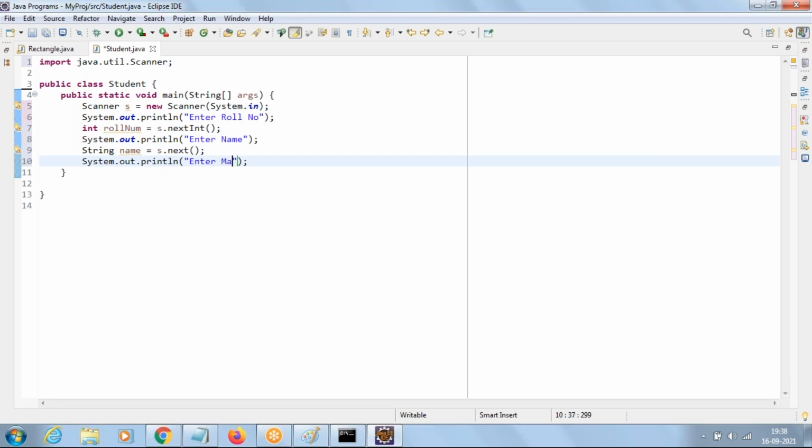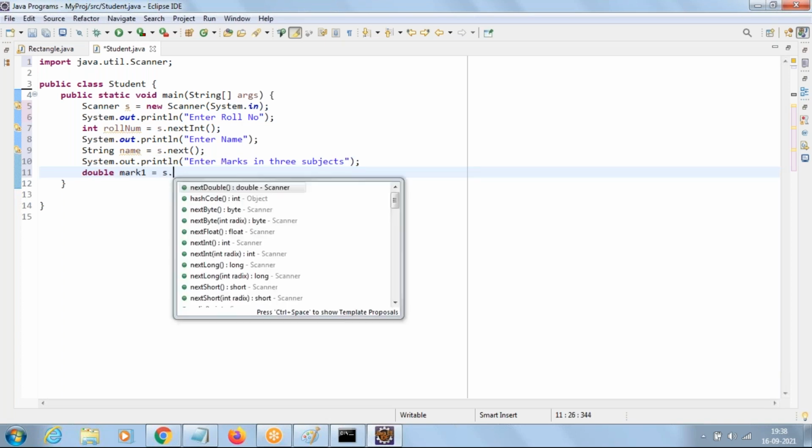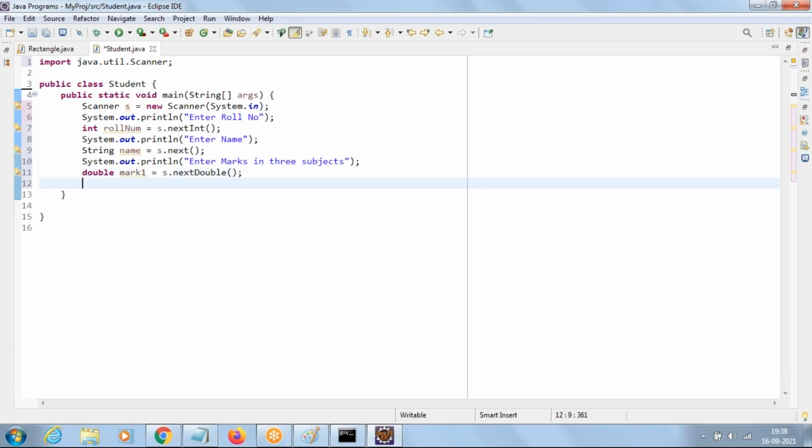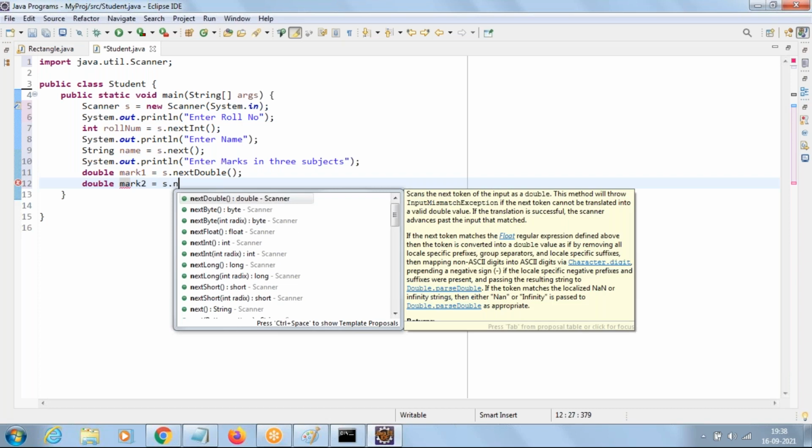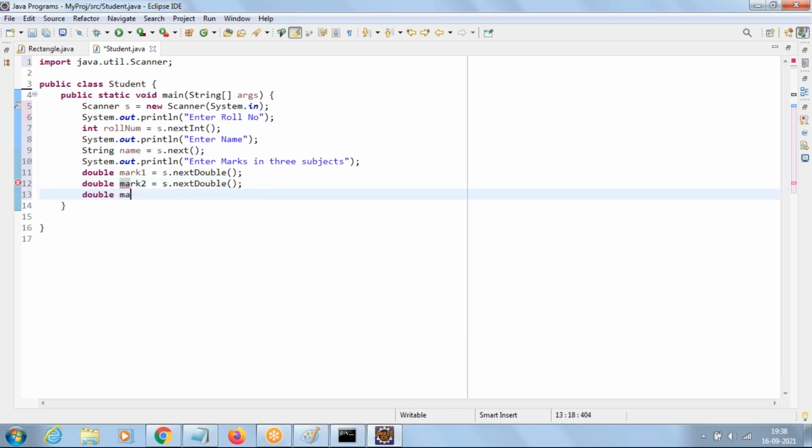Enter marks in 3 subjects. Then I'll go with double. Double mark1 equal to s.nextDouble. Since we should read 3 marks, read 3 marks here. Double mark2 equal to s.nextDouble. Double mark3 equal to s.nextDouble.